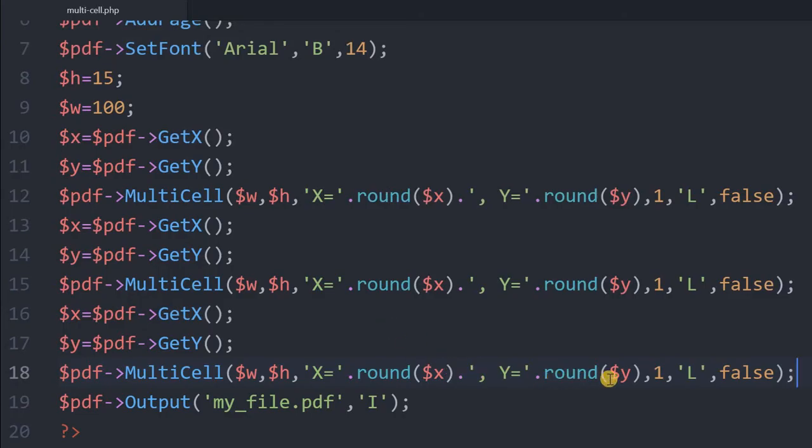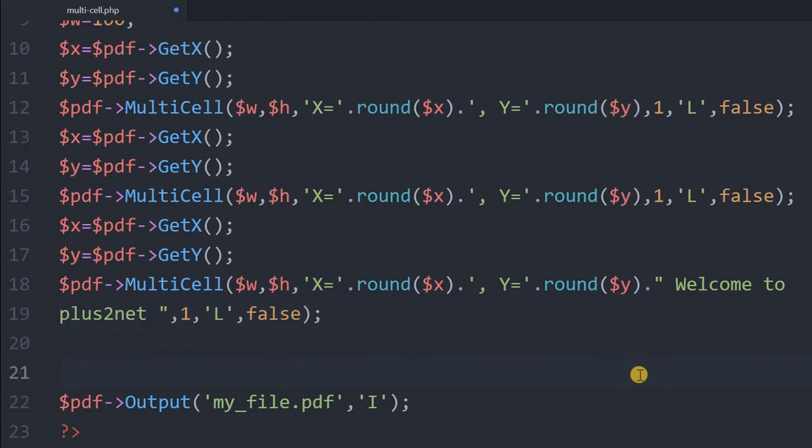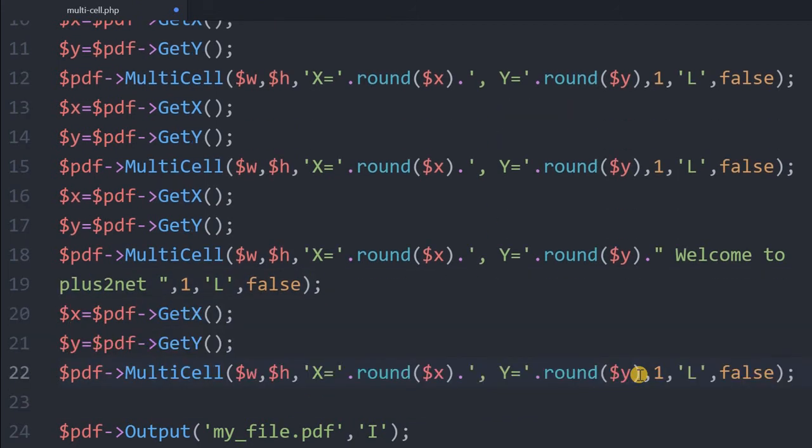Now instead, let us slightly increase the string inside one of them, so now the height will increase. So the next cell will not have the same increment value, the y should go up.